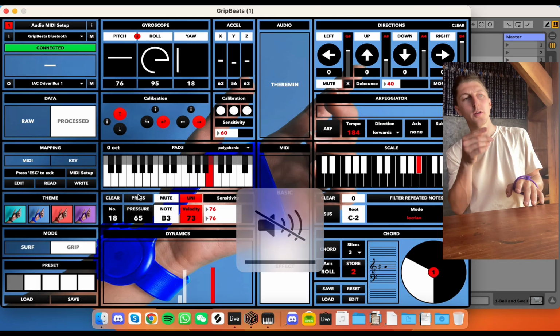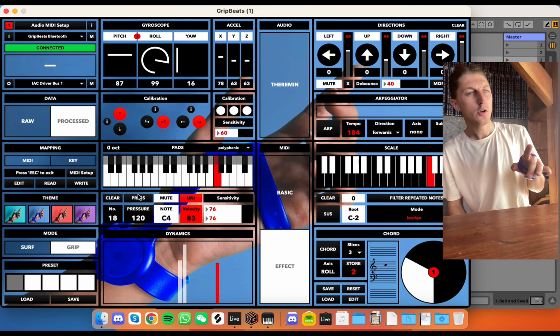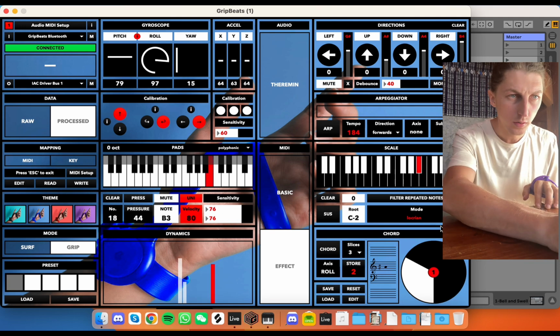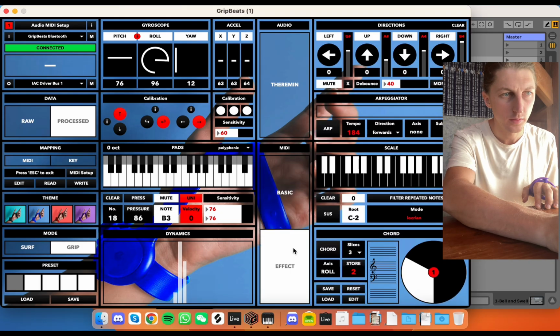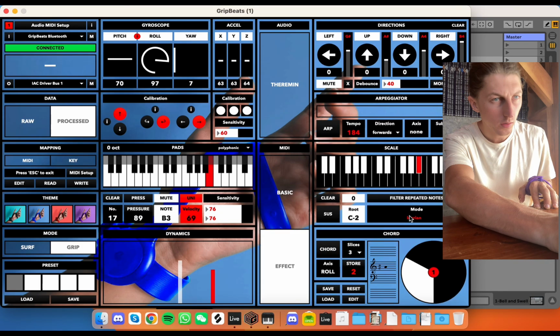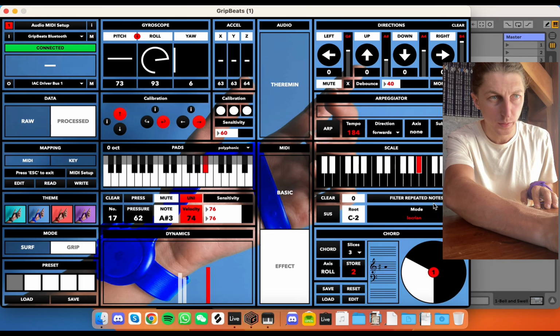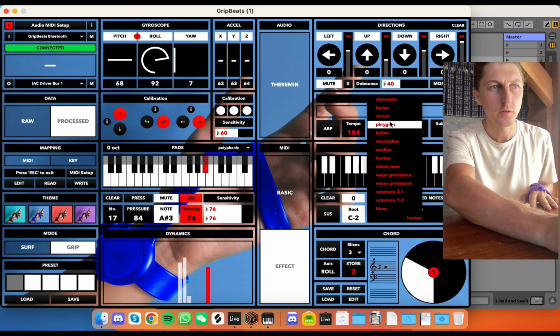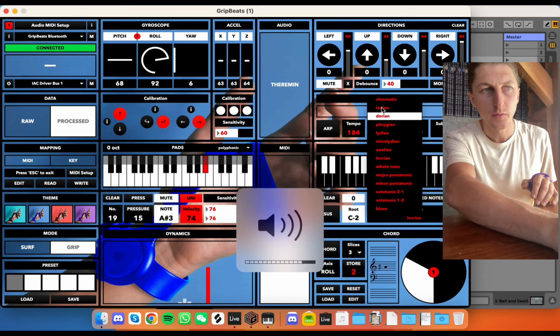Now, what's also exciting is that you can change the scale within the GripBeats desktop app. If you go to this right-hand section of the page, you have to click Effect, if you haven't already. And you go to Mode, actually it's not the section of Filter Repeated Notes, but it is in that box. You click the little button, and you've got a whole list of all the scales you can use. So if I go Chromatic,